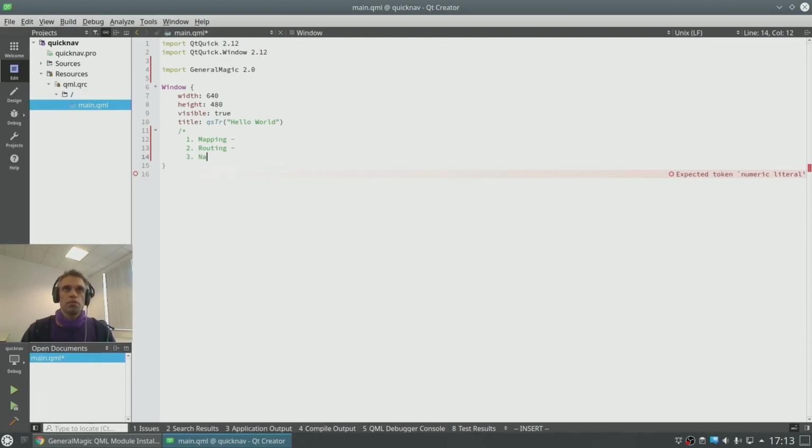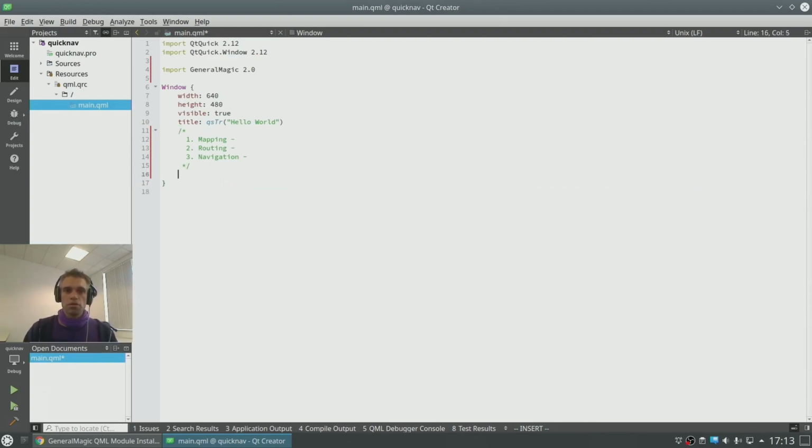The third part, navigation, refers to a journey along this route which we have computed and drawn on the map, and this journey can be real or simulated. Great. So now that we have a plan, we start.